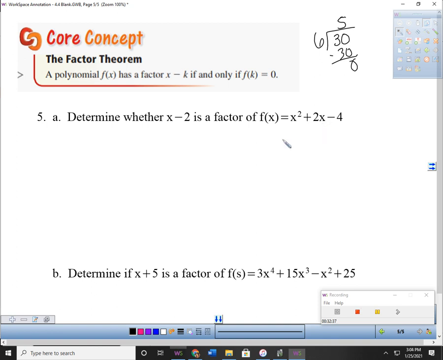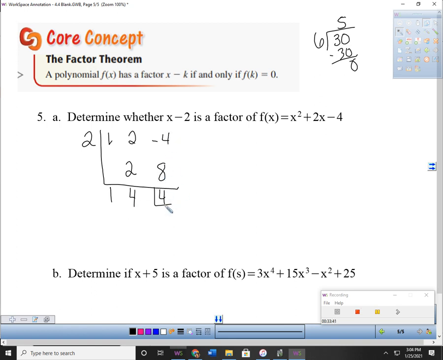Now, what's the easiest way for me to divide this? Using synthetic division, right? So what's the number that has to go outside the box? 2, because remember, you would set that equal to 0 and solve. Are you missing any terms over here in what you're dividing? So I have a 1, a 2, and a negative 4. And what am I looking for? A remainder of 0. So I'm going to drop the 1. 1 times 2 is 2, plus the 2 gives me 4, times 2 is 8, plus the negative 4 is